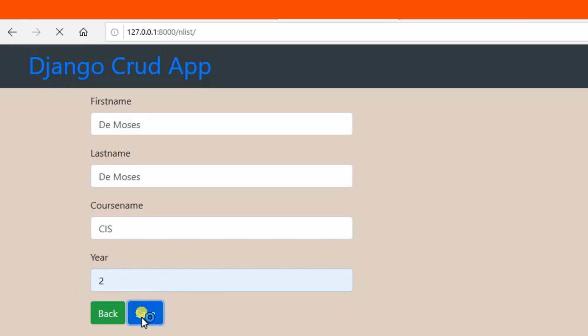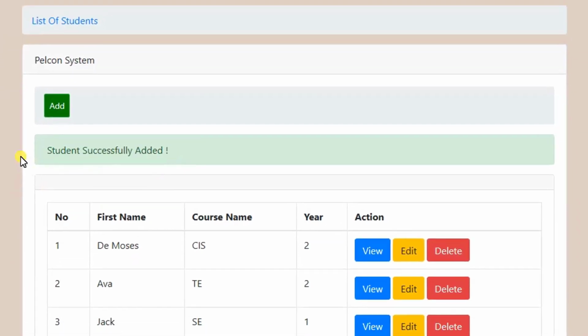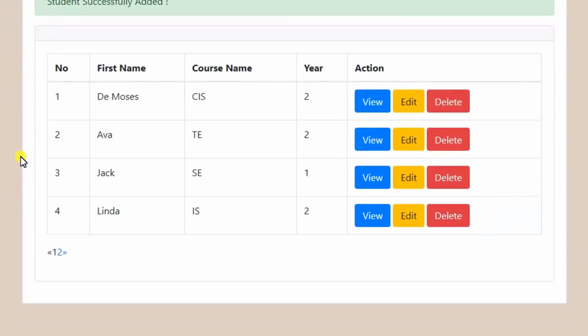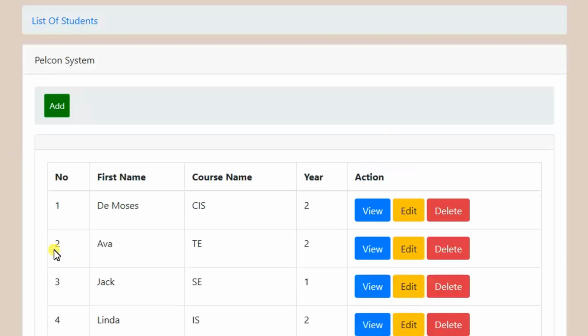So let me add. Student successfully added. Thank you. Here you can see there is a pagination, right? This is pagination. So actually this is the end of our third part of our full tutorial about CRUD operation